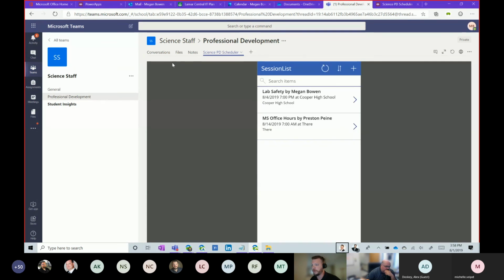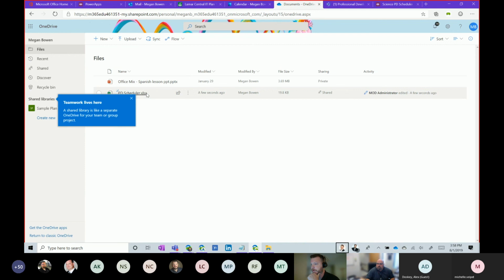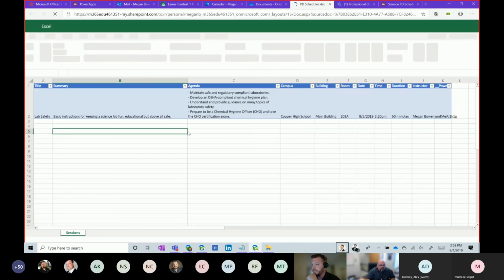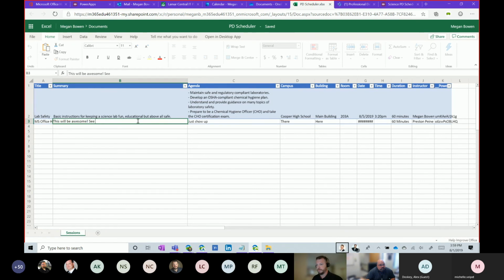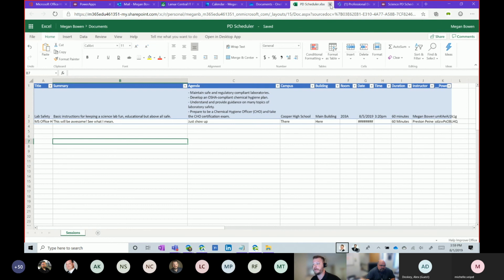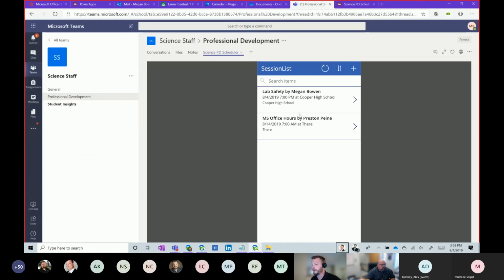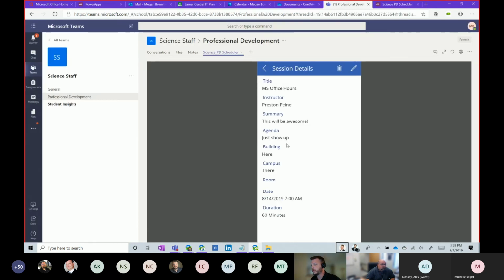And just to show you guys that all of that is live and fully functional, we'll come back over here to the actual Excel file, and you'll see here the second record just showed up inside of there, which also means because it's an Excel file, I can actually edit it right here. And that is auto saved. So now when I go back into Teams and see this,